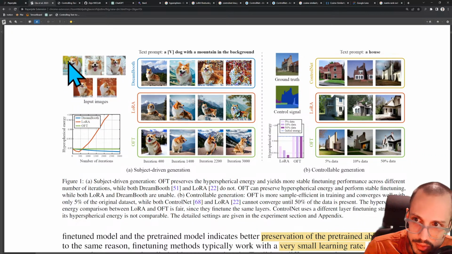Okay, so we have our input images of this corgi here. We have 3 different techniques here. They're comparing DreamBooth, LoRa, and OFT. Subject-driven generation is this task where you give in a bunch of images. You basically want to fine-tune the original generative model such that it generates corgis with whatever extra text you give it. So you can see here iteration. I think this probably refers to training iteration. And you can see here how as you increase the total training time,